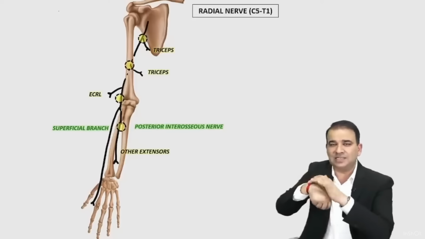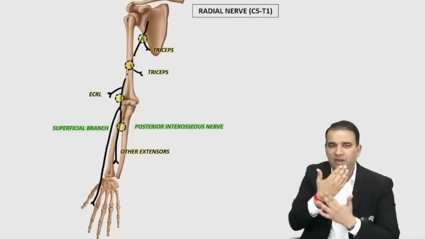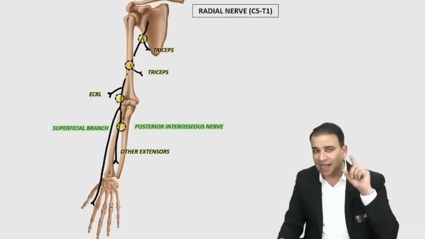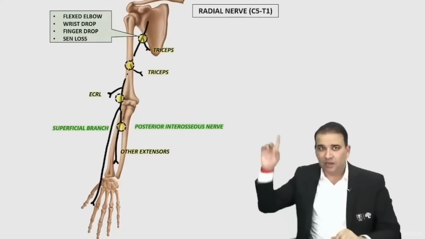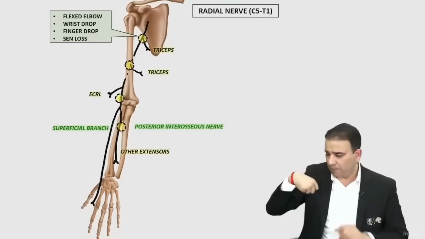And there obviously is a sensory loss on the lateral 3.5. Whatever area is supplied by the radial nerve, 3.5 or 2.5, varies from person to person. So in crutch palsy or in the higher injury of the radial nerve in the axilla, look at that. There will be flexed elbow, there will be wrist drop, there will be finger drop, and there will be sensory